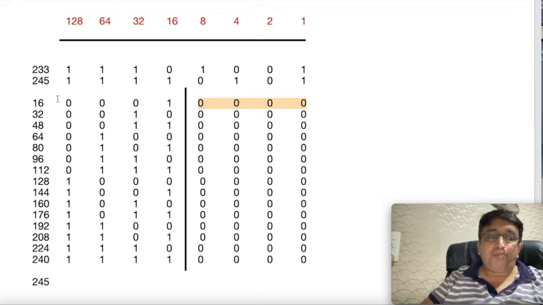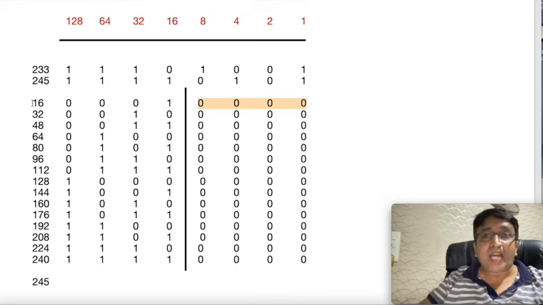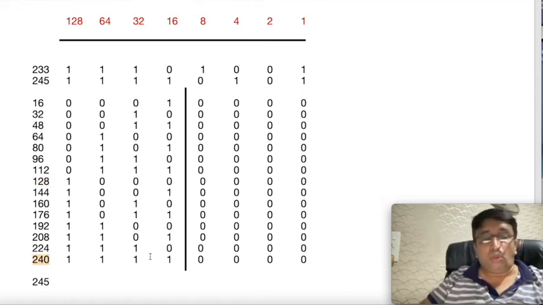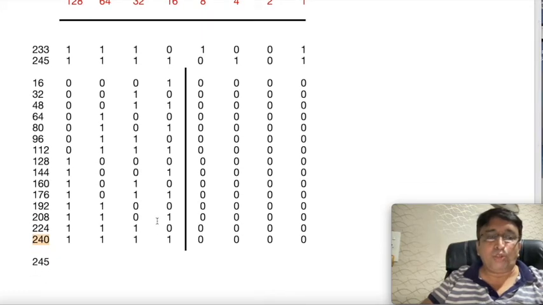Now if we mug this up, and take my word for it, it's not that difficult. Multiples of 16, it's not difficult. 16, we can remember very easily because we already know this chart: 1, 2, 4, 8, 16, 32, 64 and 128. So 16 is a value of a single bit, 32 is a value of a single bit, 64 is, 128 is too. It's pretty easy to remember 240 also, because 240 is 4 times 1s. So many numbers are quite easy to remember.